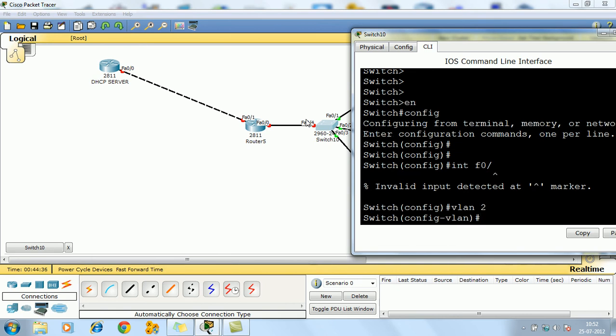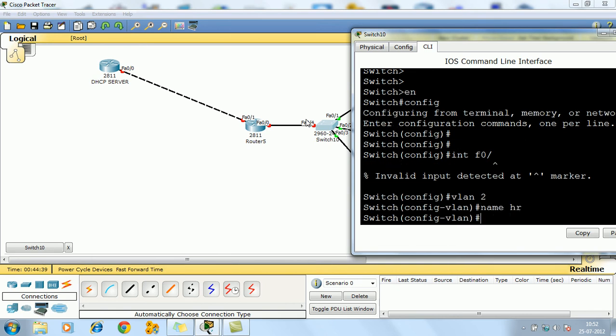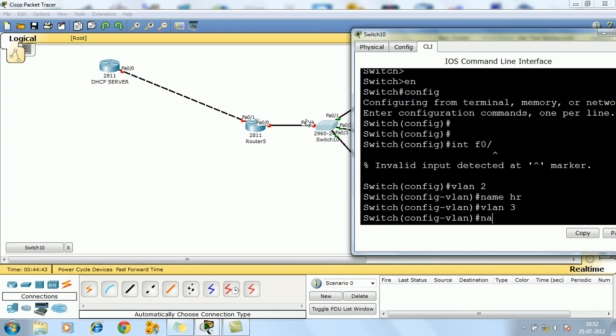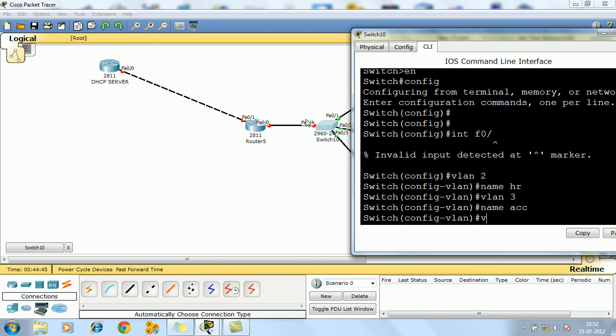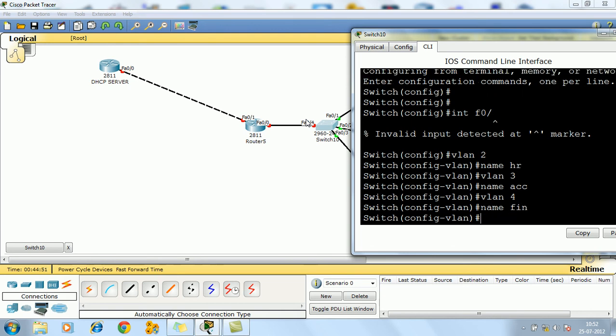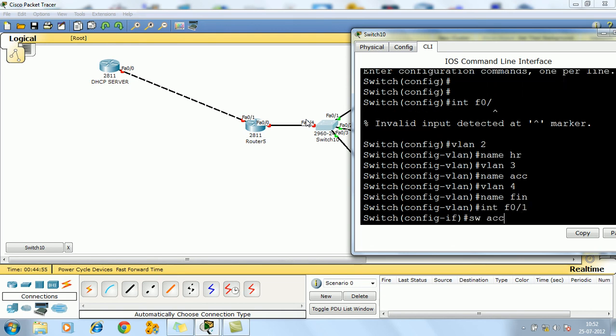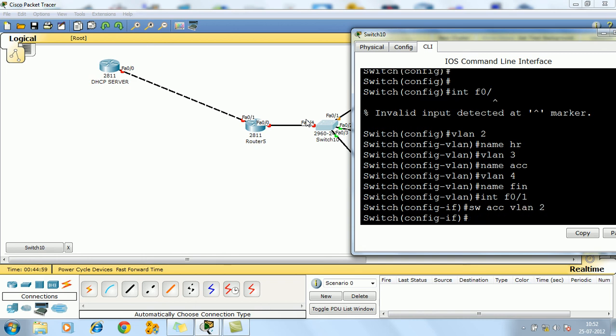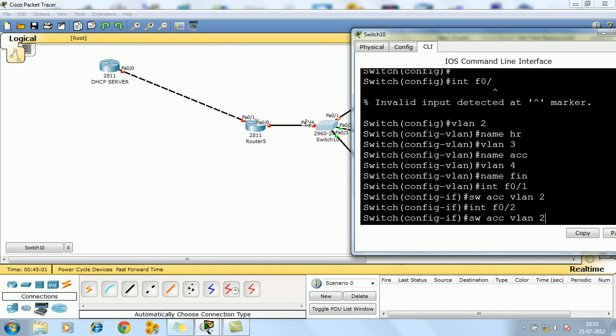I'll create VLAN 2, name it as HR. VLAN 3, name it as account. Okay, VLAN 4, name it as finance. And put into F0/1 switchport access VLAN 2, F0/2,